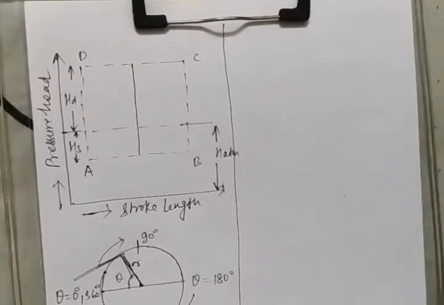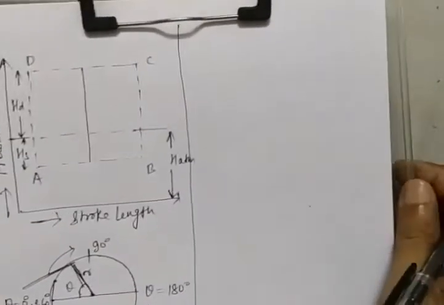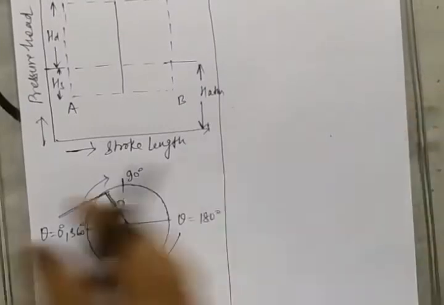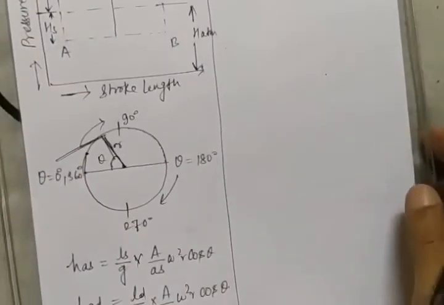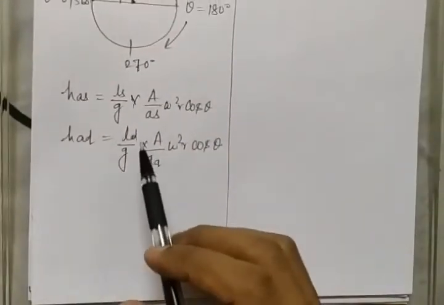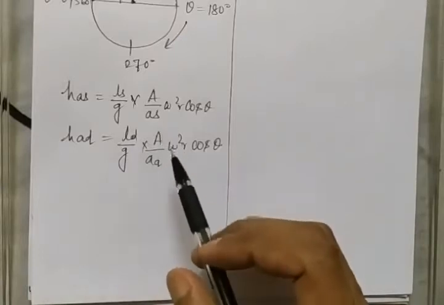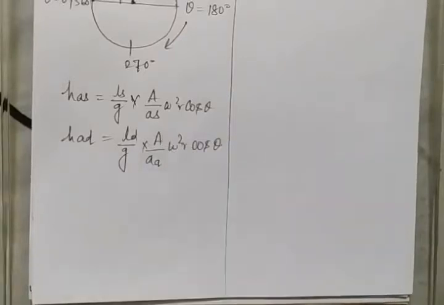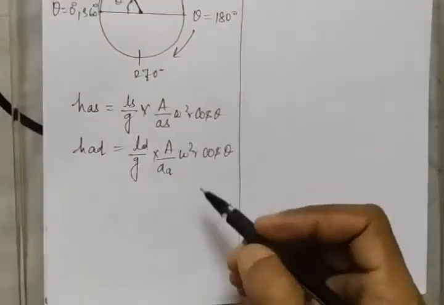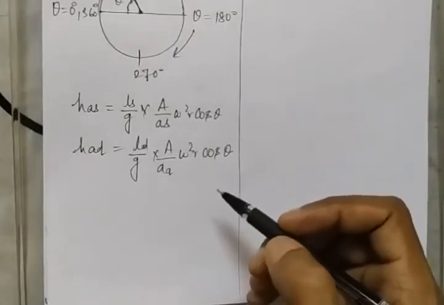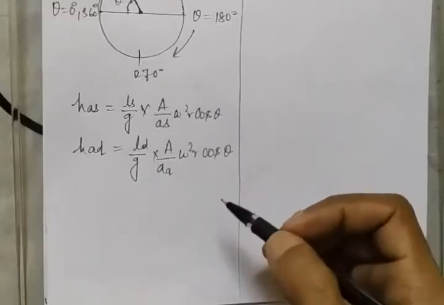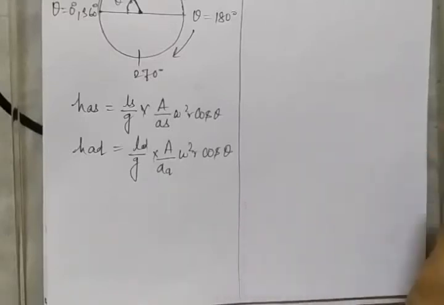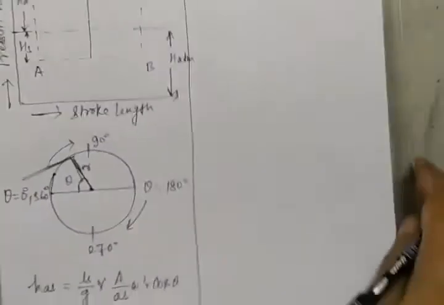Guys, as we all know from my previous video, or maybe you have some previous knowledge about this chapter, you can remember that HAS is given by LS by G into A by AS omega square R cos theta, and HAD is LD by G into A by AD omega square R cos theta. Guys, I have proved all these formulas in my previous video, so if you wanna watch that, you can see that. Now guys, come to the topic,